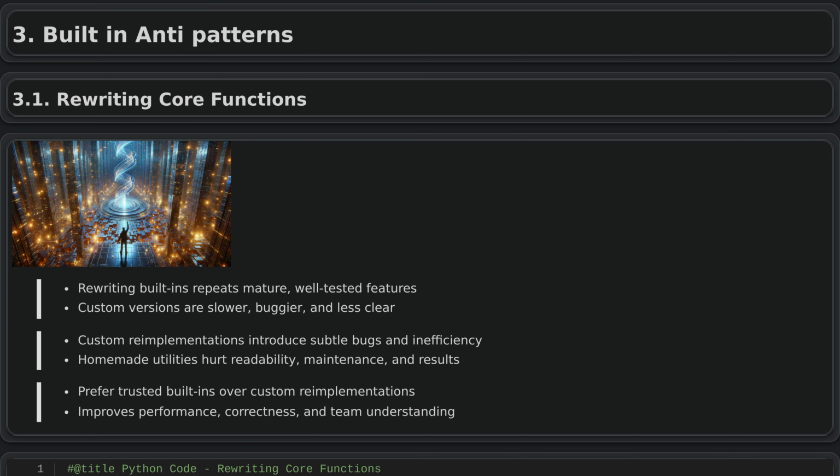Built-in anti-patterns. Rewriting core functions. Programmers sometimes rewrite basic operations that the language already provides, such as searching or combining data, to show they understand control flow. However, this often produces slower, more error-prone code that is harder for others to read. For example, manually finding the maximum value in a list can hide the intent, while a built-in function makes it